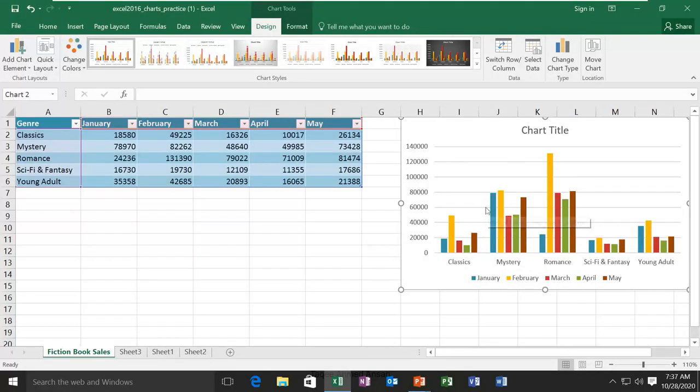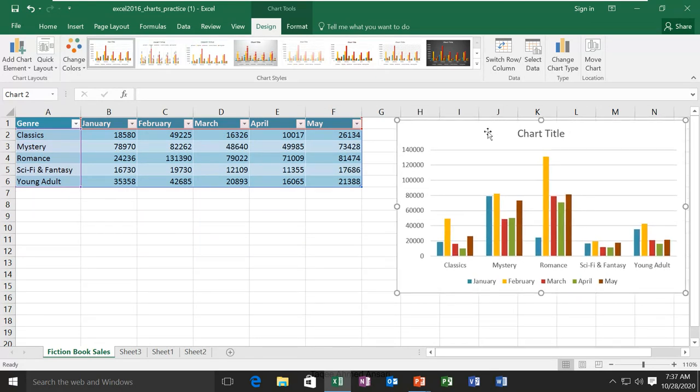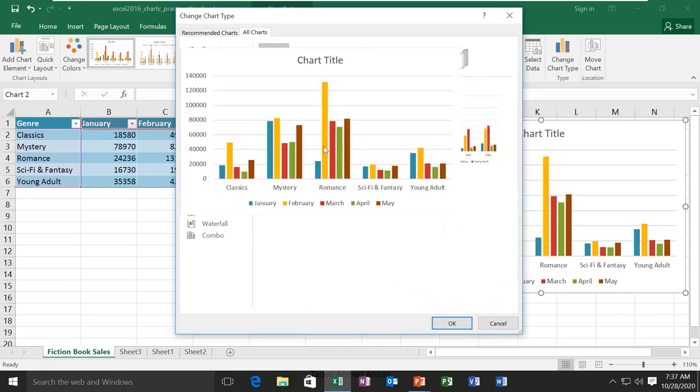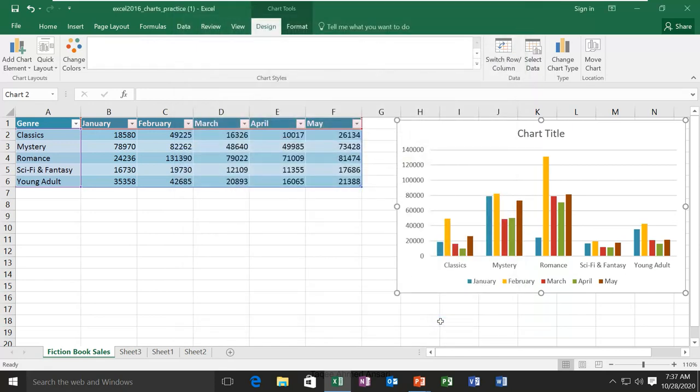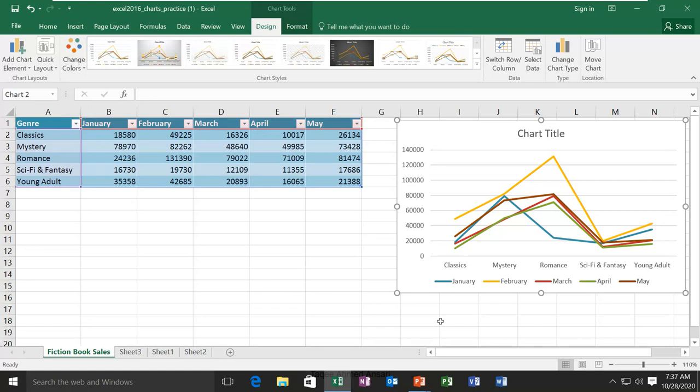Right now this is a column chart, and suppose I don't want this. So I select the chart, and from the Design tab, in the Type group, I click on Change Chart Type. Now I can change it to line. So I select the line, then OK, and here it is changed to line.